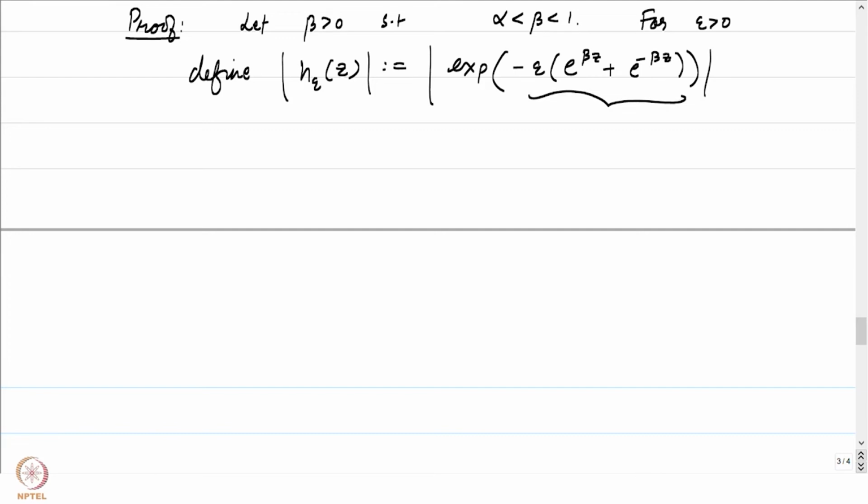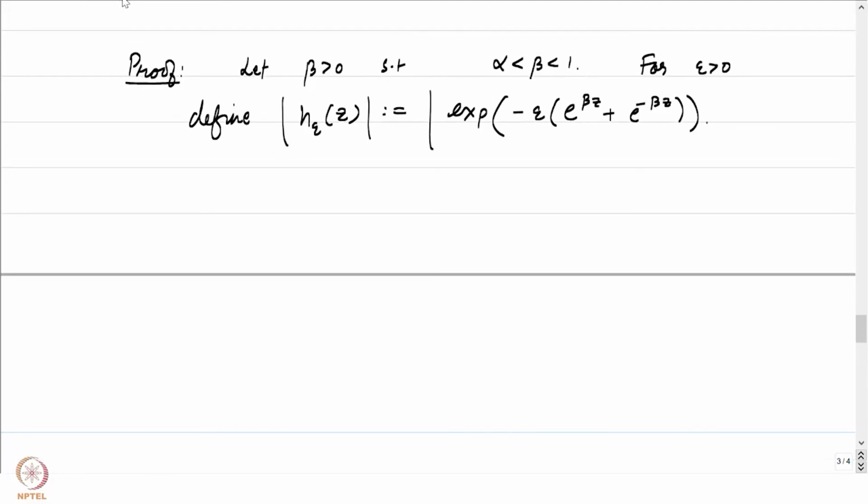The first observation would be that whatever is there inside the bracket, only the real part of that contributes to the absolute value here. So let's focus on what is the real part of minus epsilon times e to the power beta z plus e to the power minus beta z. Let's focus on this and notice that this is just going to be equal to minus of epsilon times e